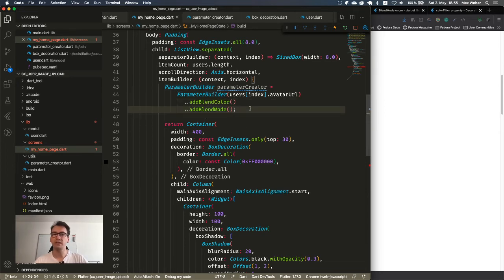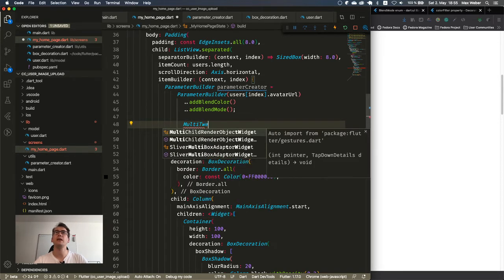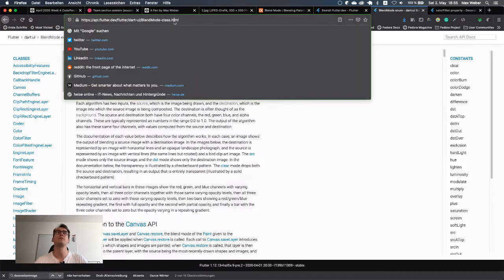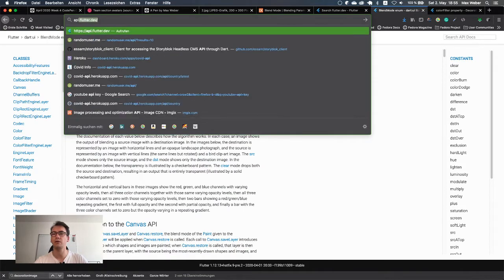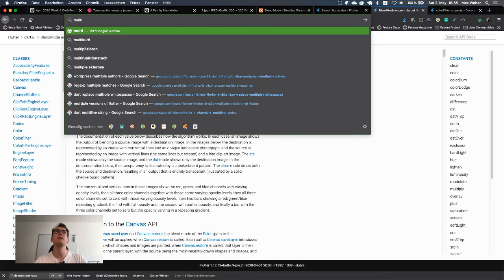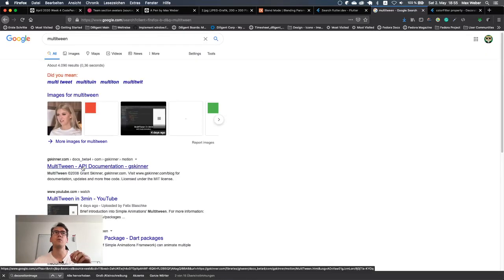A very interesting example for that is the tween, the multi-tween, I think, because the multi-tween also works with that. And maybe I can just open the thing before I write some weird things. The multi-tween is also created in the same manner, because what the multi-tween does is an animation from one part to another.